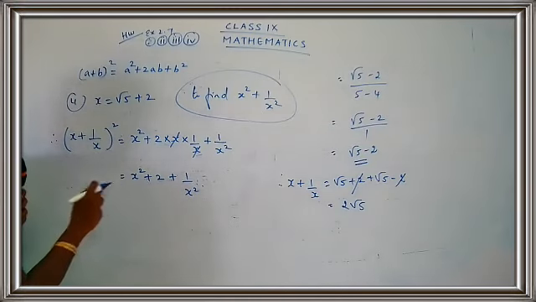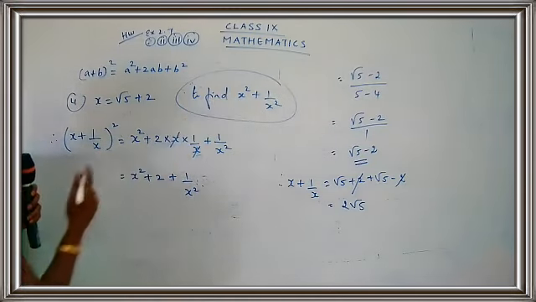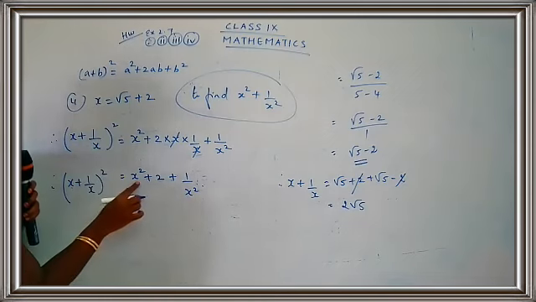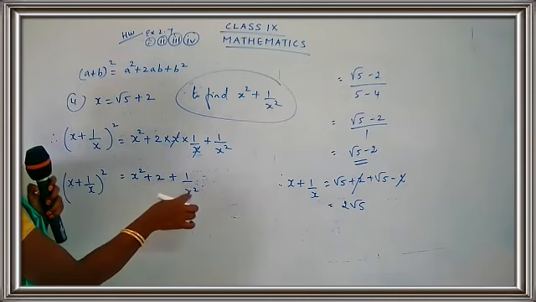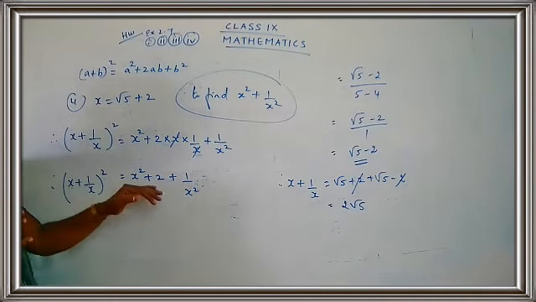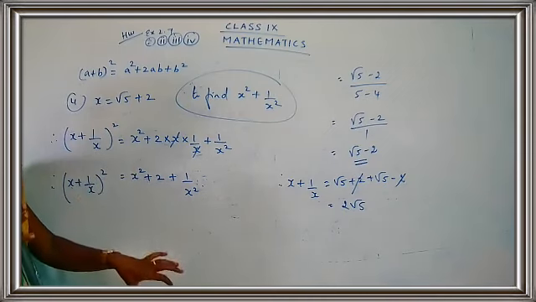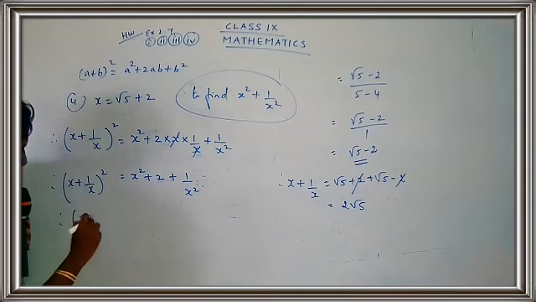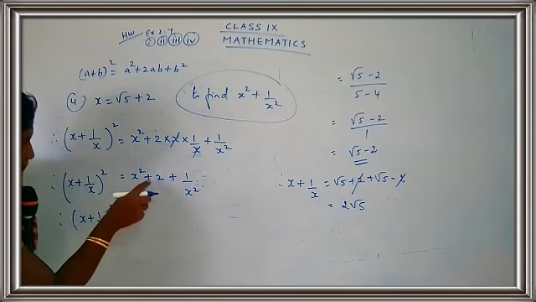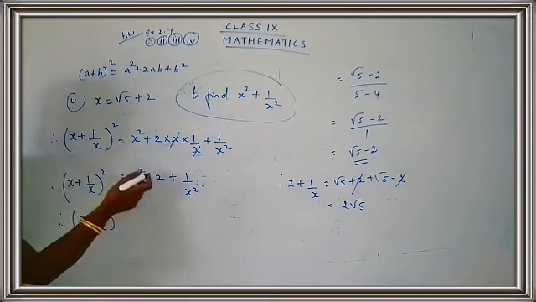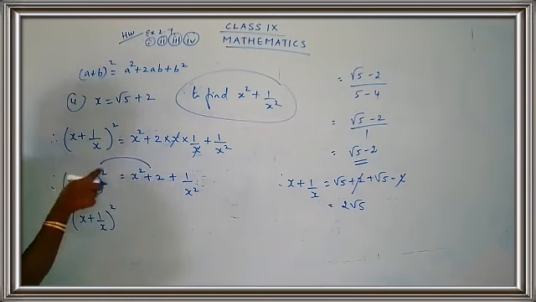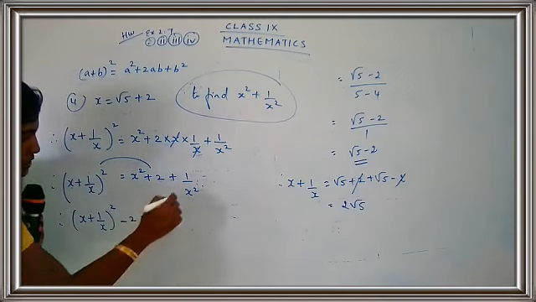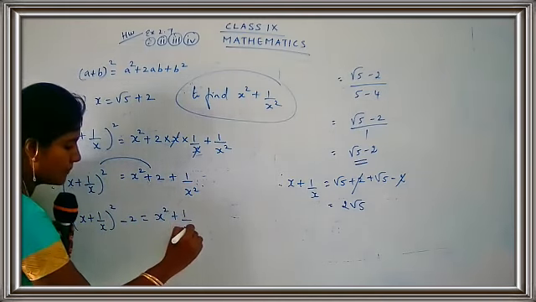Yes, children? Now, just see, we have just got the thing that we needed. So, I'll write down here. Therefore, x plus 1 by x the whole square is equal to x square plus 2 plus 1 by x square. Now, I'll just keep the thing that I want on one side and bring the remaining thing to the other side. I'll keep this as x plus 1 by x the whole square. I'm going to take this plus 2 to this side. When plus 2 comes to the LHS, it will become minus 2. This is equal to x square plus 1 by x square.